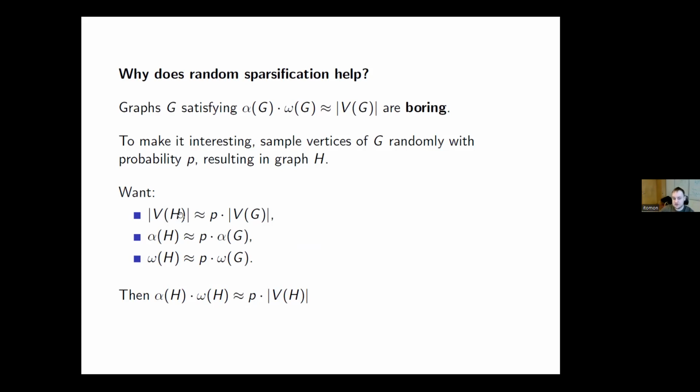So while this first thing is automatic, for the second and third thing you actually have to work, and whether it's true very much depends on the structure of the graph and the p you choose. And indeed, this is what I do. It turns out that this family of boxes has a rich enough structure so that I can show this. I don't really want to go into too much detail about the proof, but Istvan, can I ask